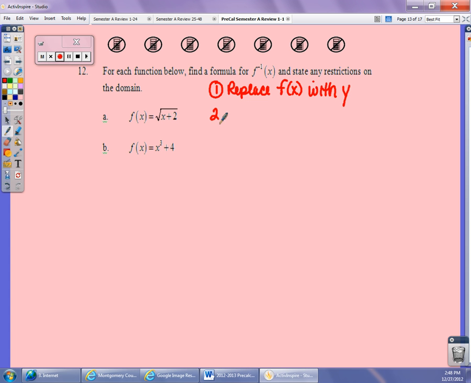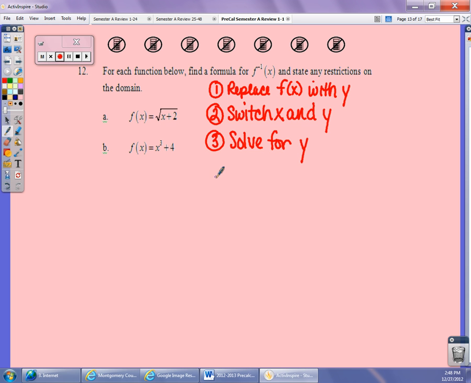You have to do this because your second step is to switch x and y. You can only do that if you have a y in the equation. So switch x and y. And third step is solve for y. So for part A,